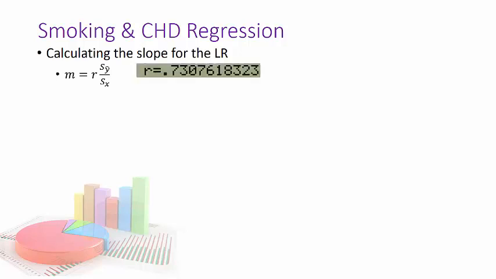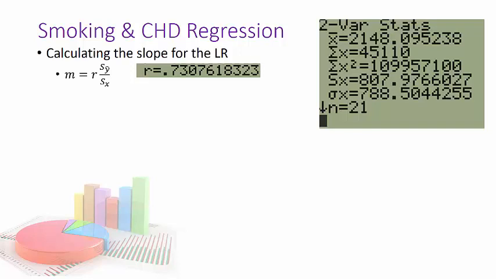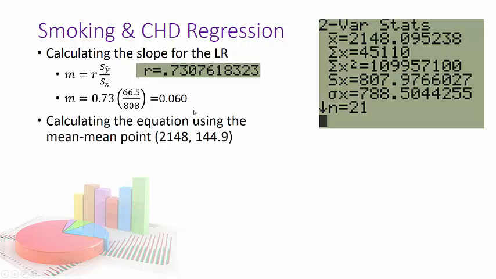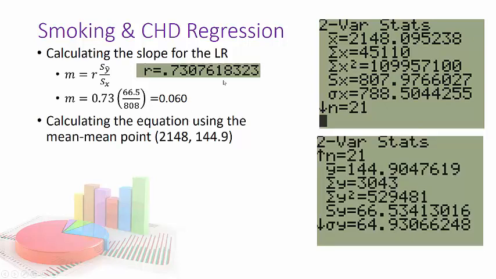Well, where do I have that data? Here's the r I had before when I calculated the linear regression and correlation coefficient. And I can get my mean from right here. I have my x bar, right? And so I have 66.5. Whoops. Let me go put that data there. That'll help. All right. So I need the